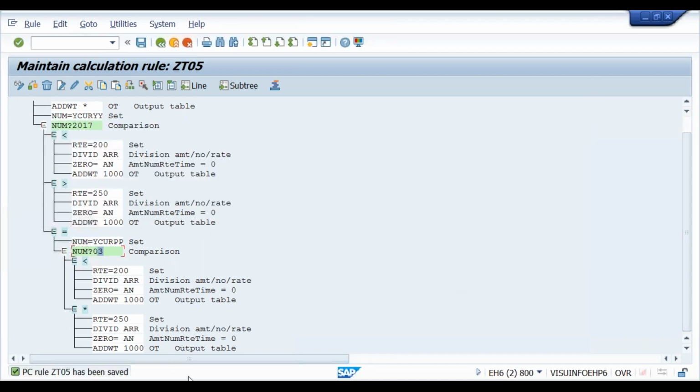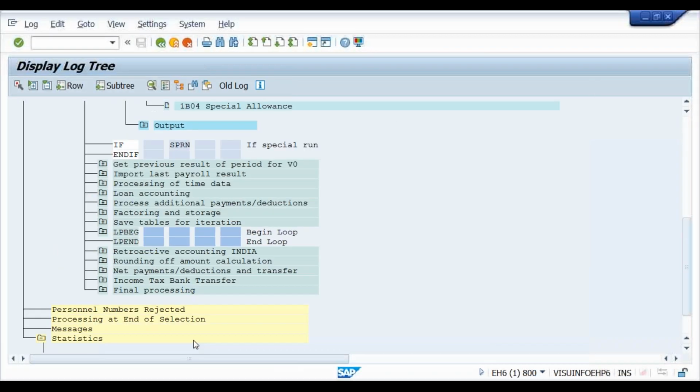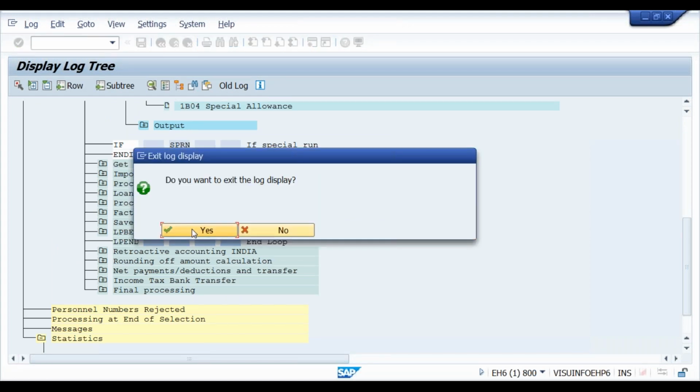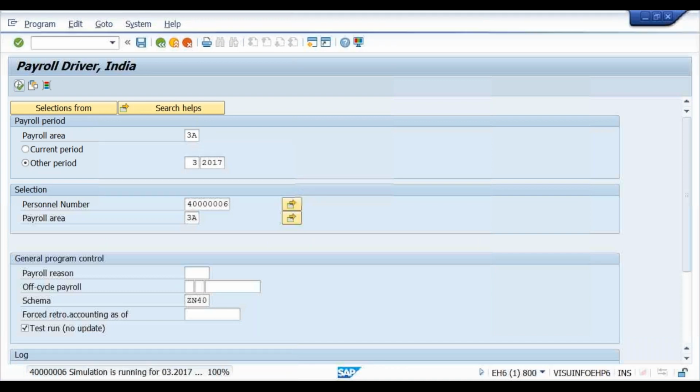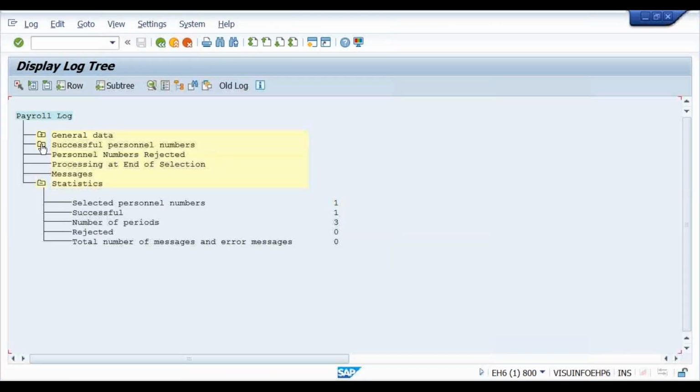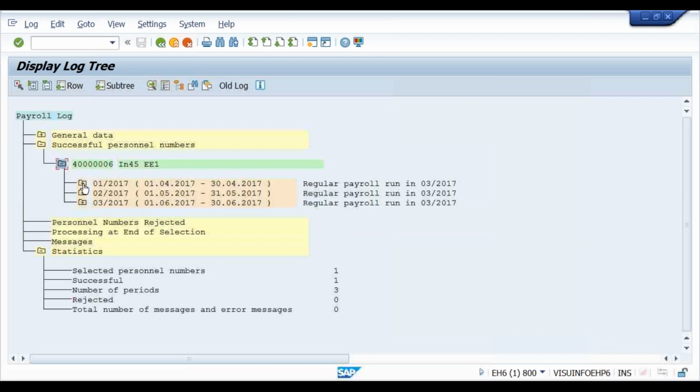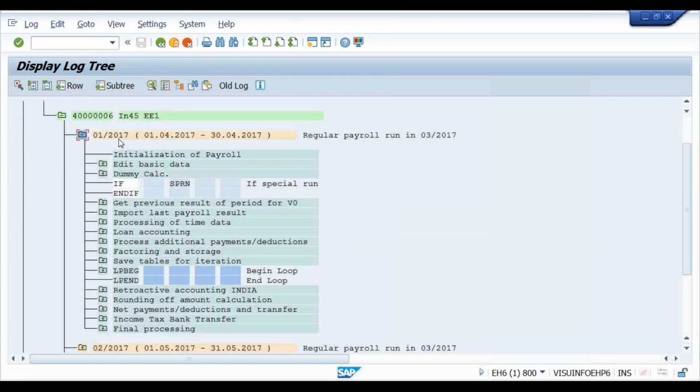Done. So try this. When I call y CUR YY, then it will take this number into the number field.